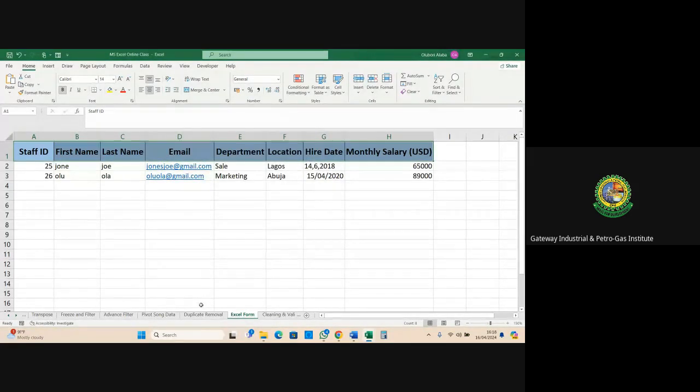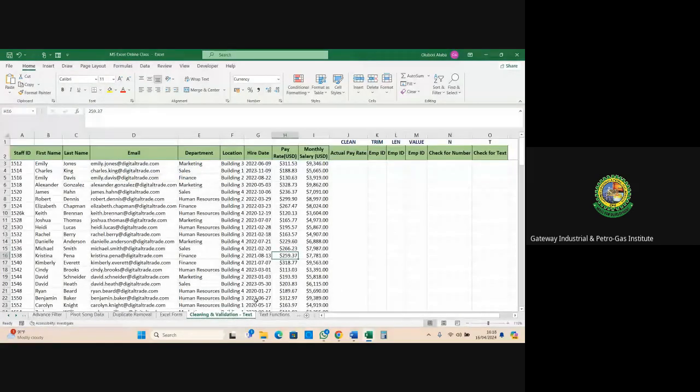So today, we are going to start with cleaning and validation. We are starting with cleaning and validation in Excel. Now, if you work in finance, or if you are working with numbers or text or whatever you are working with, in most cases, the data that you get will come very dirty. What do I mean by very dirty? For example, if you ask people to fill a form, you see that some people